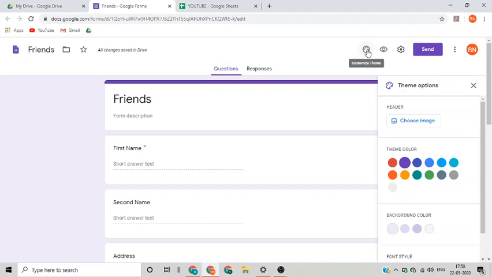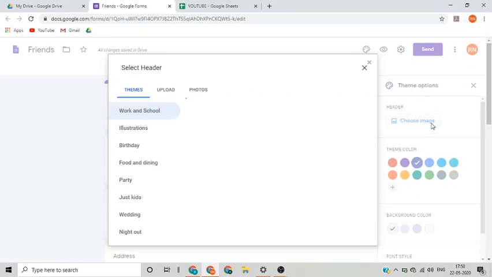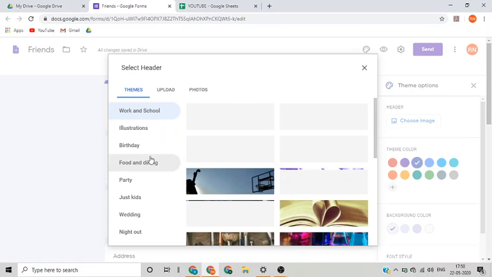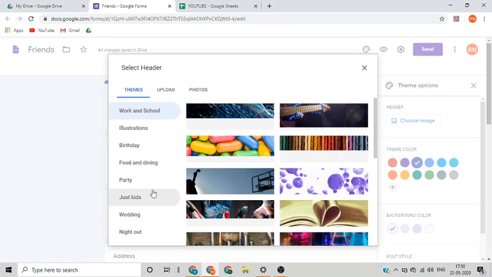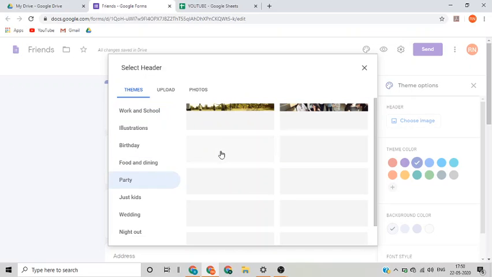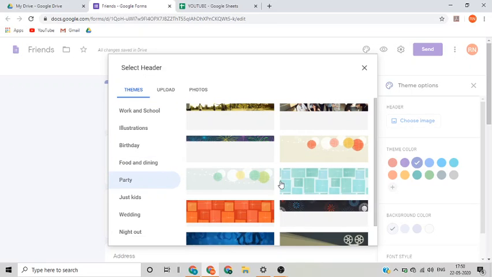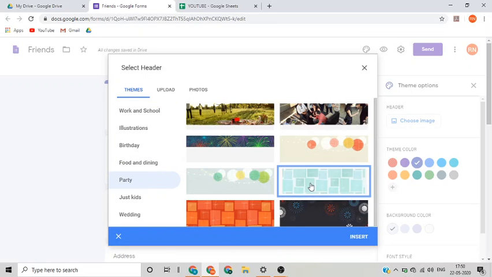Here you can customize your Google form. You can choose image for the header. So let's say we'll say party. We'll choose this as our theme. Insert.